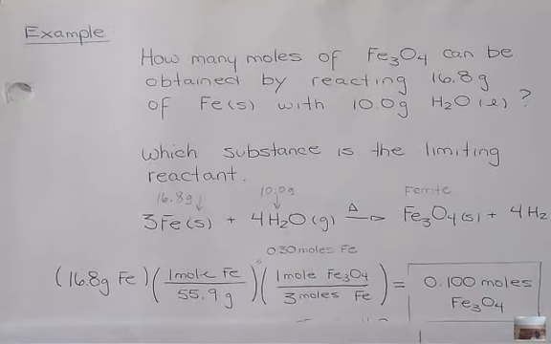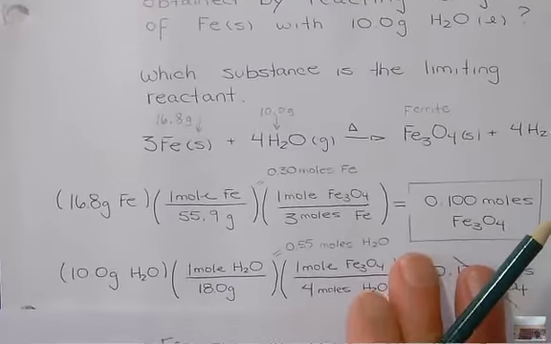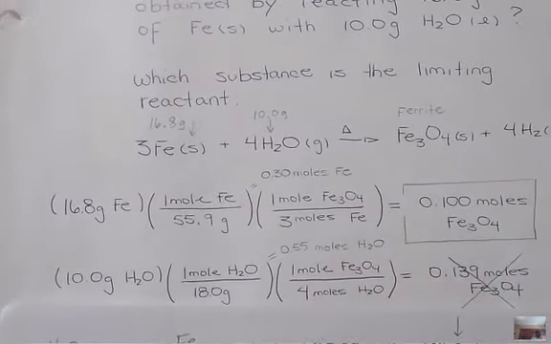So you're able to create 0.1 moles of the product that we're interested in if all 16.8 grams of the iron were to react. But we don't know if that's the case yet. We have to compare that with the same calculation